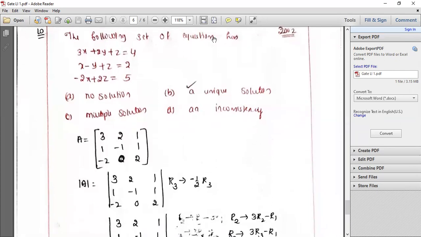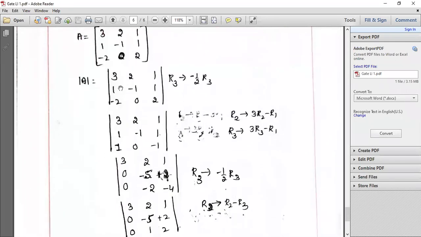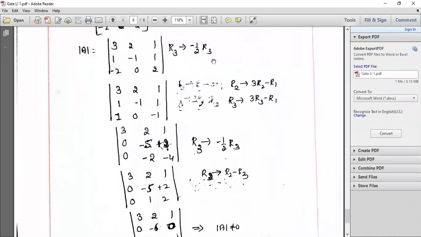Let us take the matrix, guys. Again, as I told you, if you find out the rank of the coefficient matrix, which is a 3 cross 3 matrix, and if the rank of this 3 cross 3 matrix is 3, then the system has a unique solution. If the rank is not 3, then we have to think further. Let us see. I'll take the coefficient matrix A and find out the determinant value. So this is the determinant.